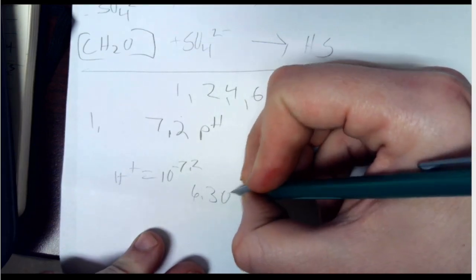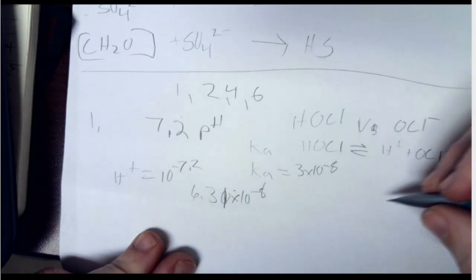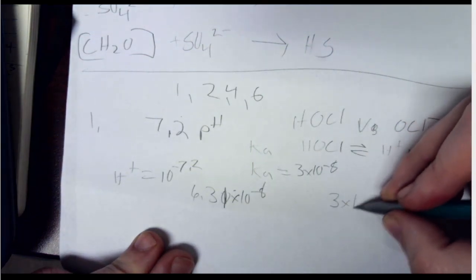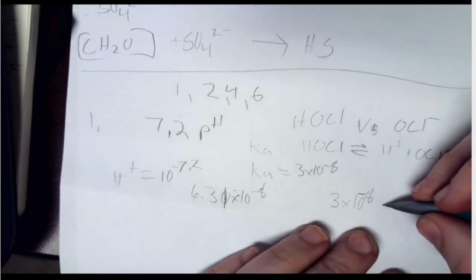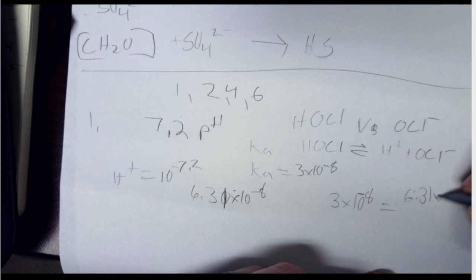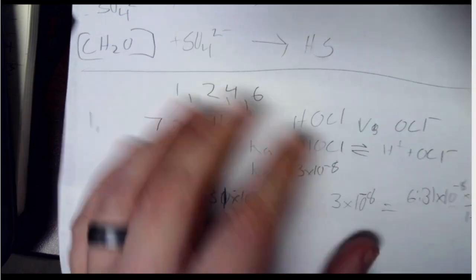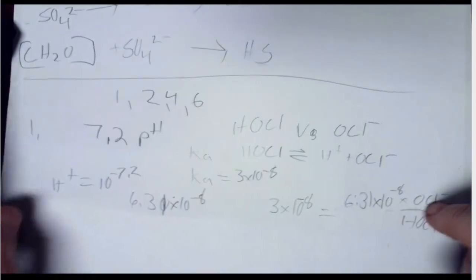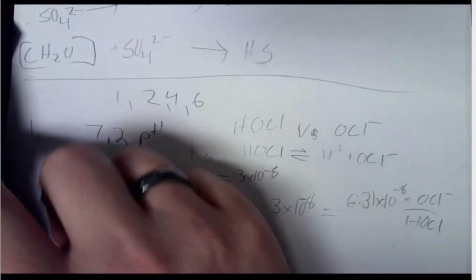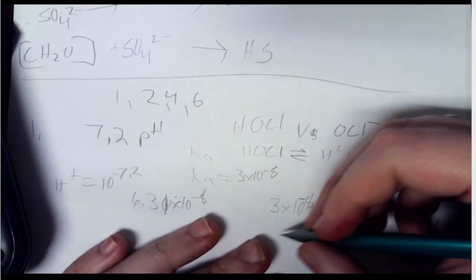which is 6.31 times 10 to the negative 8th. So 3 times 10 to the negative 8th equals 6.31 times 10 to the negative 8th times OCl minus over HOCl. Getting that to the other side, 3 divided by 6.31, we have a ratio of